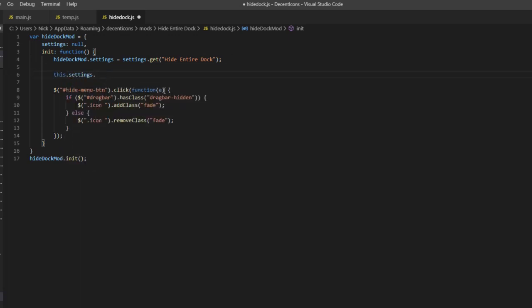Okay, so if you type this, you might be tempted to use this to access your module and properties of your module. So this.settings equals settings.get. This will work, right? But I would get in the habit of, whenever you're referencing your module, of using the name of